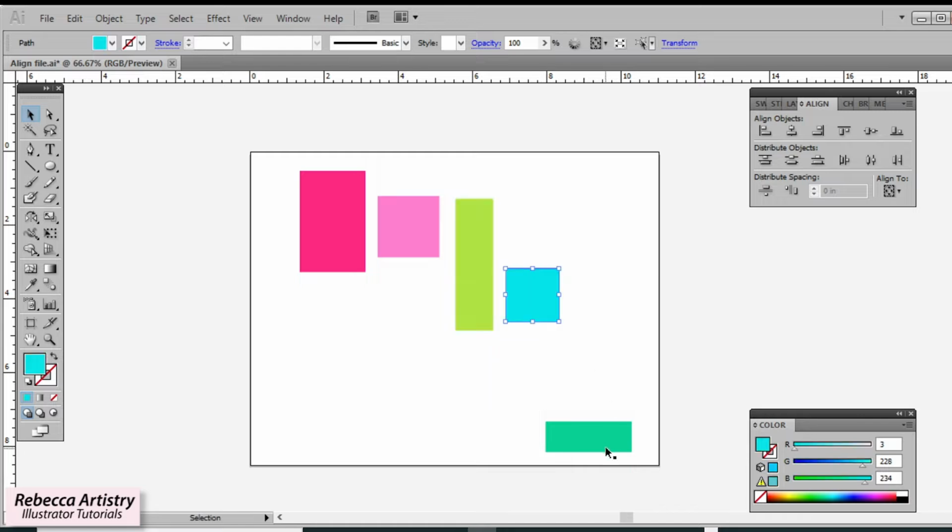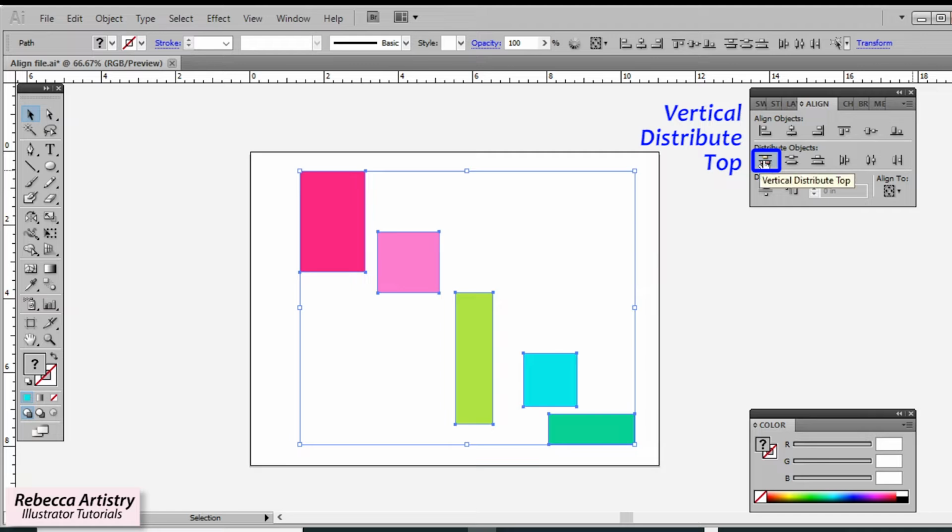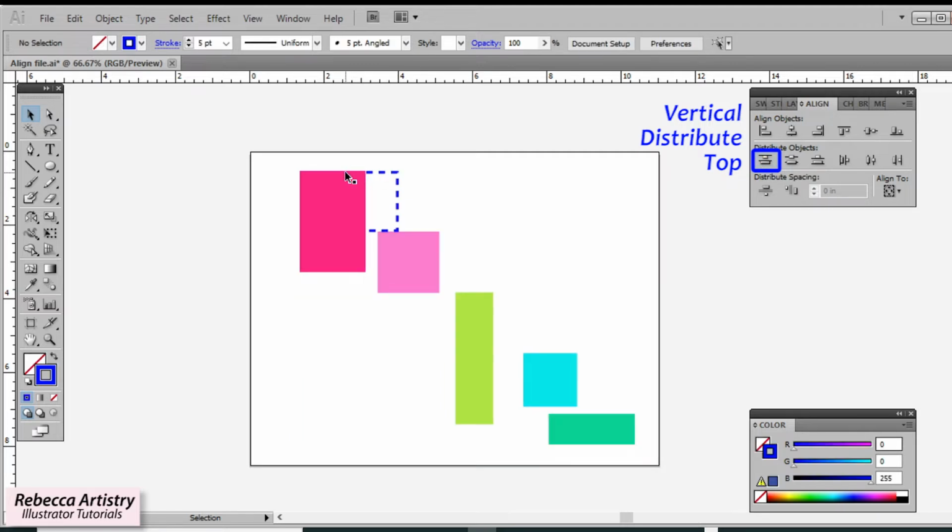So I'm going to move these around a little bit more, and I'm selecting over these. And we're going to see what happens when we do our vertical distribute top command. So I'm clicking on that. And basically what it did was it made the space from the top edge of one object to the next object the same for all of the objects. So you see, when I copy that dashed line over, the space from the very top edge of one object to the very top edge of the next object is the same for each object to the next object relative